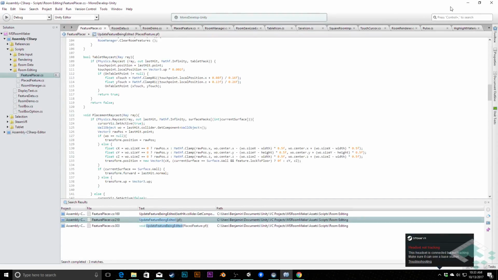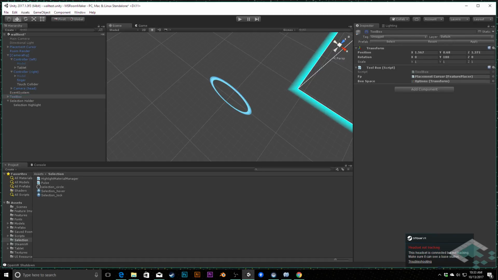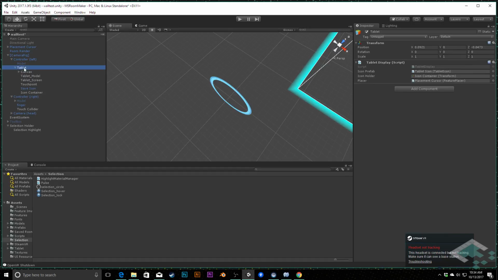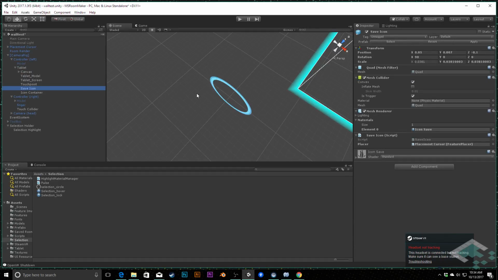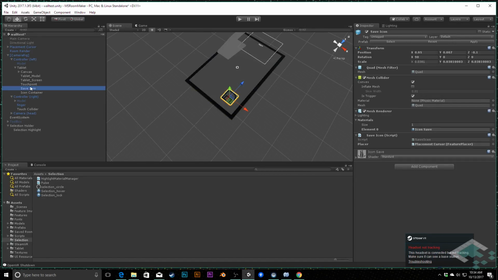I think what I want to do is go into the tablet. Turn off this toolbox for a second here. Here's the tablet, and I've got icons, I've got this save icon, we'll find that in our scene. What I'm going to do is duplicate this, change this to edit icon, bring this up here, and we're going to just position this